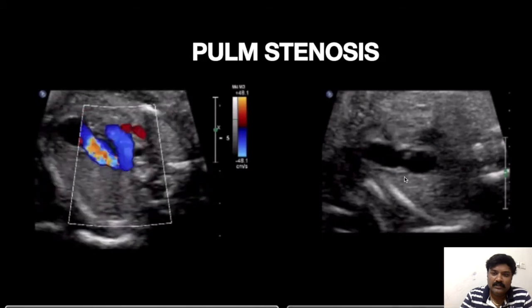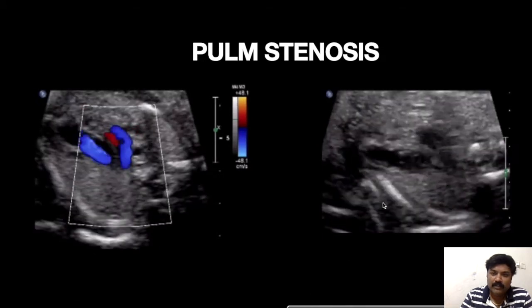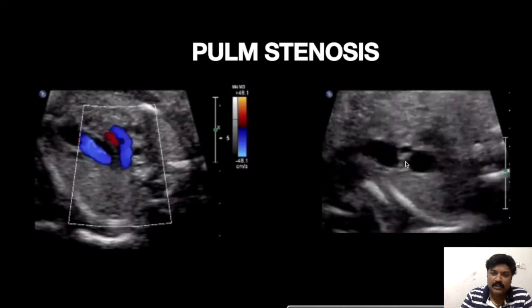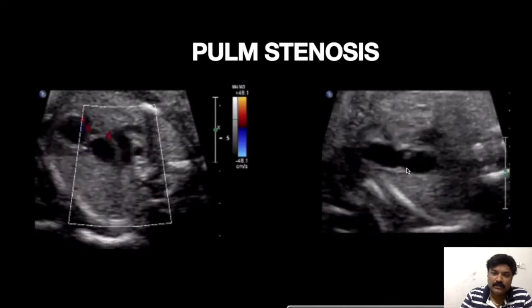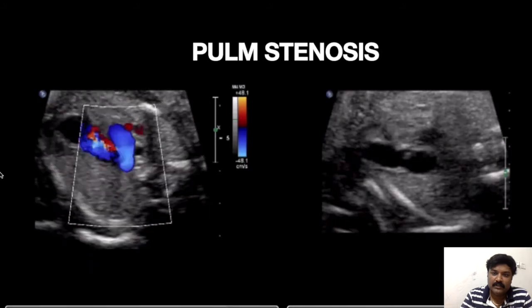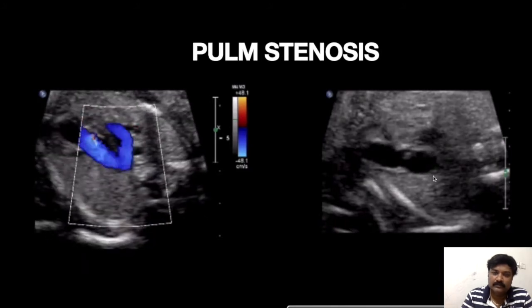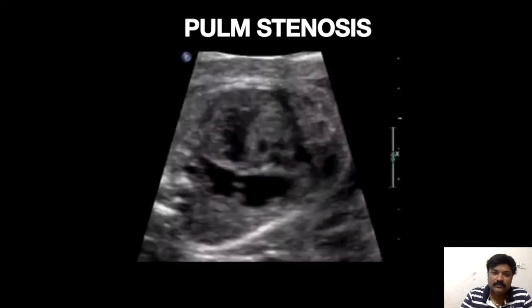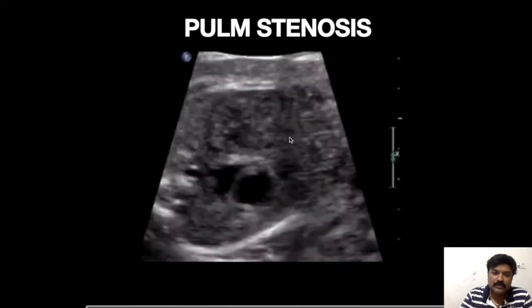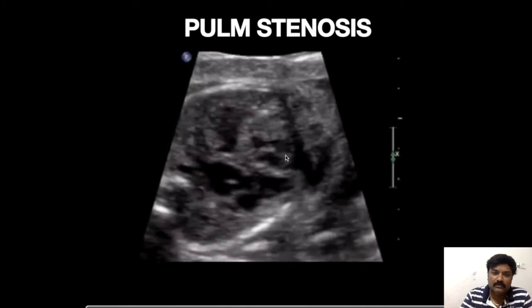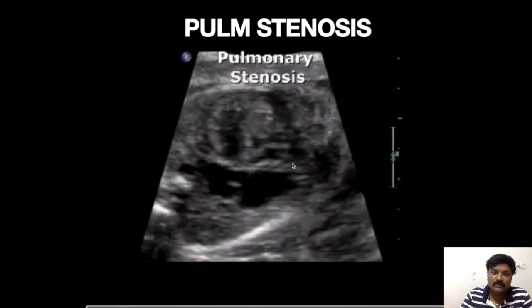Here, if you see in this case, the pulmonary valve is again thick, echogenic, less mobile, causing stenosis and regurgitation, and there is post-stenotic dilatation of the pulmonary artery. In case of pulmonary stenosis, the right ventricle can be small with thick walls.